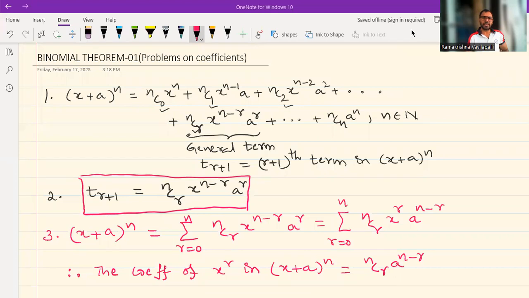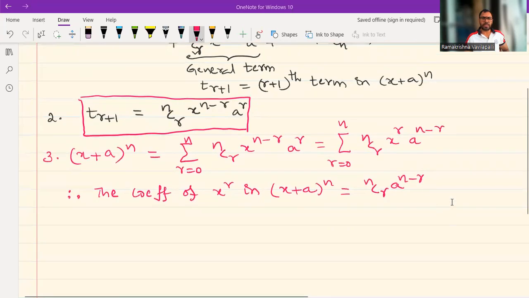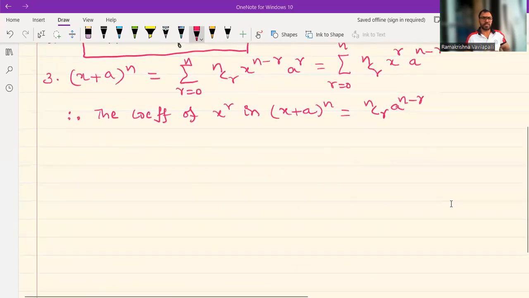So what do we call here? nC0, nC1, nC2, nCr, and so on. These are known as binomial coefficients. So the fourth point is